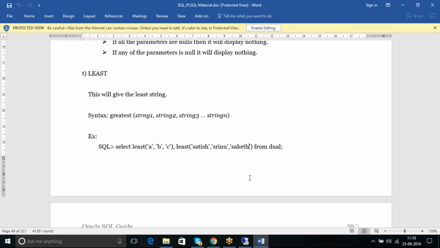Select least Satish, Srinu, Saket. Sir, that is one statement. Don't compare both the strings; this is one statement. What output is coming in the first? A. A is the least. What is coming in the next?